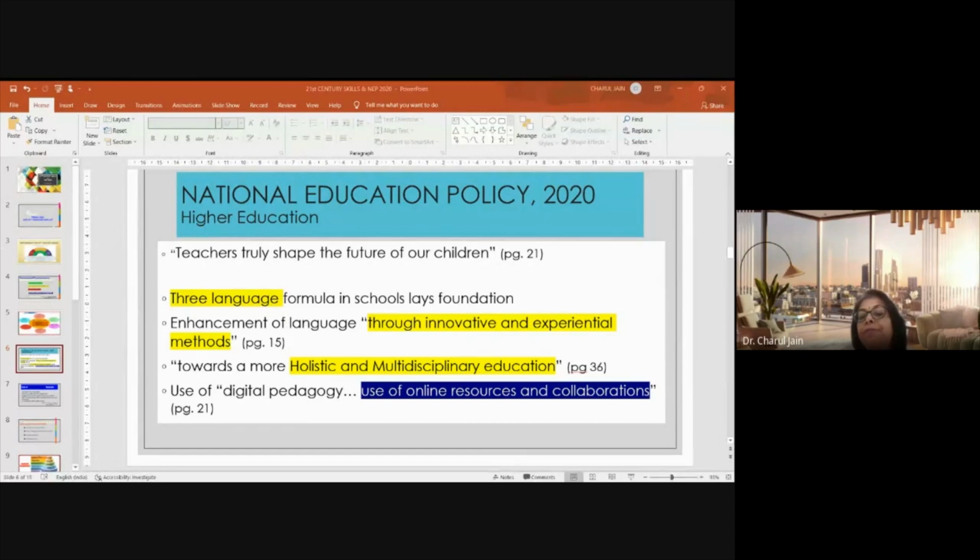Three other things that I found very interesting in the national education policy was enhancement of language through innovative and experiential methods. So if you look at innovative and experiential methods, which I have taken from national education policy, it directly connects with the 21st century skills, which focuses on creativity and collaboration. Till the earlier days, if you go back and remember the kind of education scenario that you people used to have, or we people used to have,